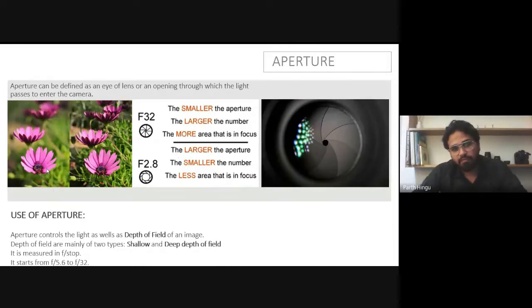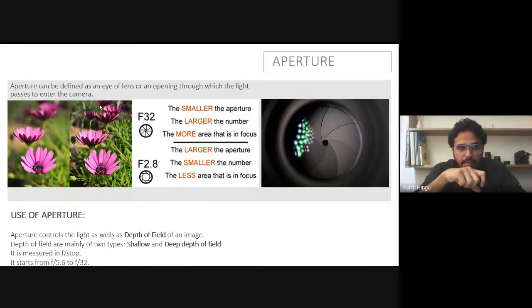That gives a shallow depth of field. If you increase the f-number, the size of the aperture decreases, and you can get everything in focus. Like if you want to capture a landscape, you just need to increase the f-number.